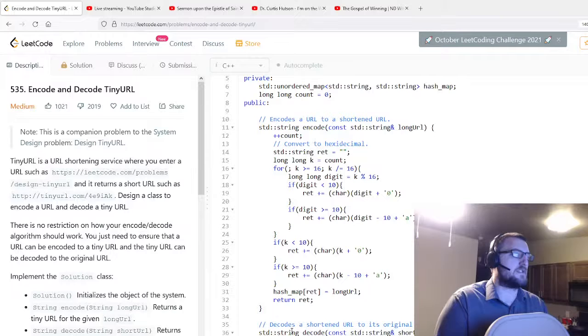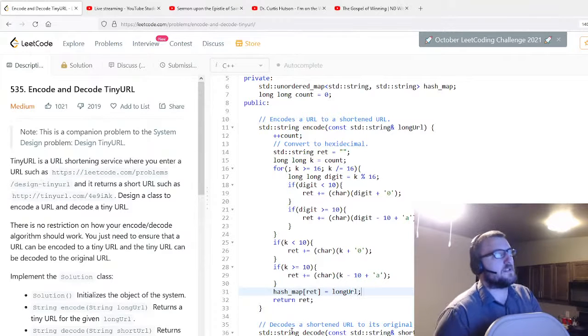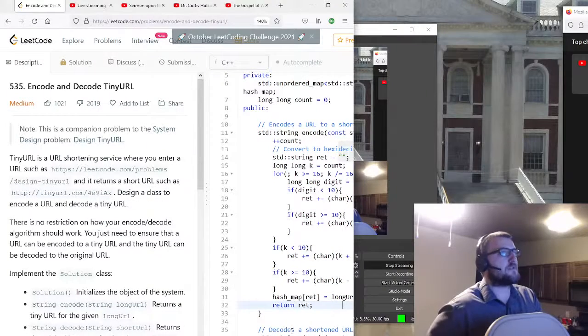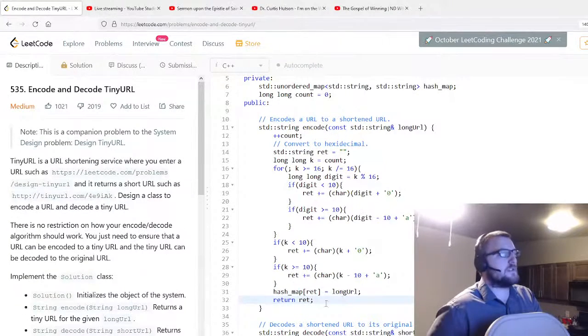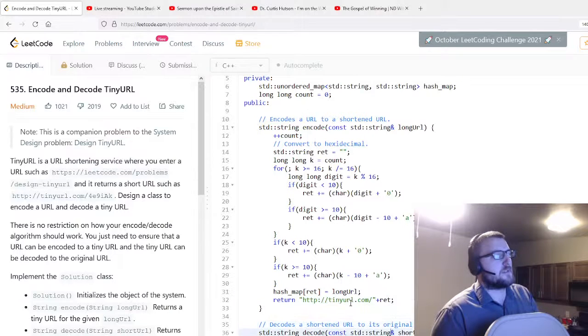So it gives you your key, and then here you're actually going to get equals long URL, and you're actually going to get, whoops, didn't mean to do that. You're going to get, you know, TinyURL concatenated with ret. And then we're going to return